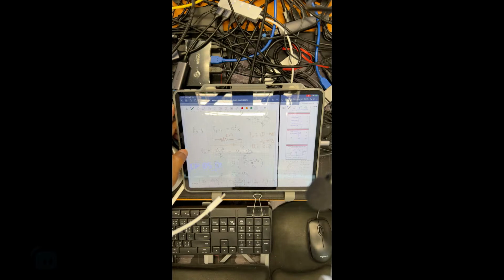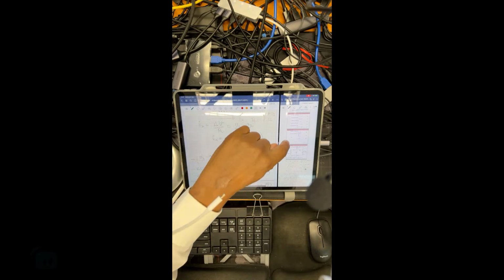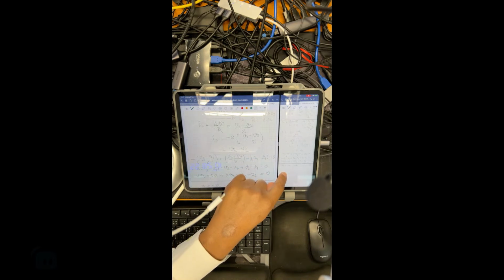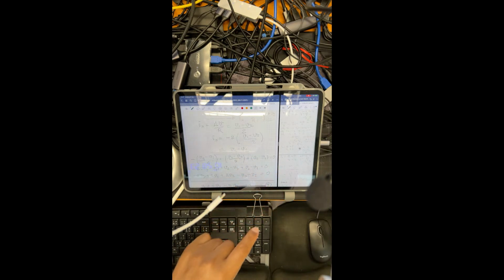Negative 2ix, yeah, V2 minus V1, and we substitute it to the position of IO, right? IO is going into, yeah, it's V2 minus V1,